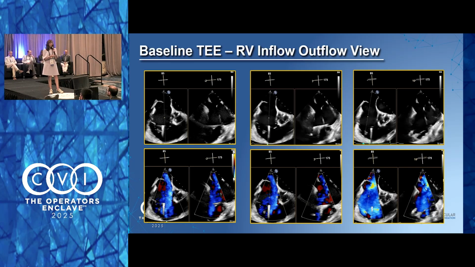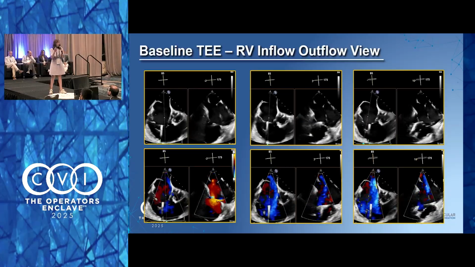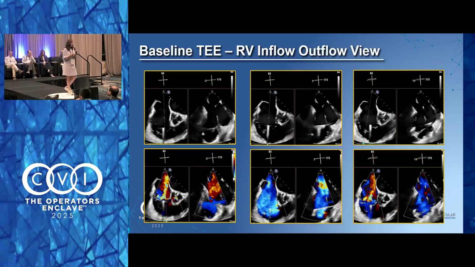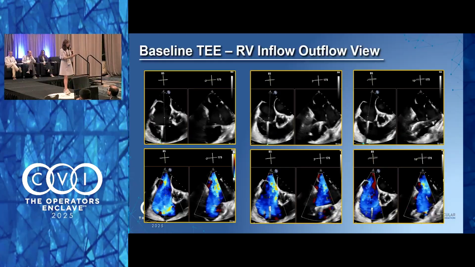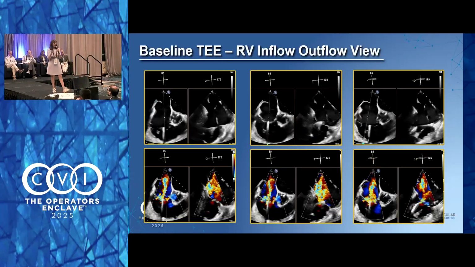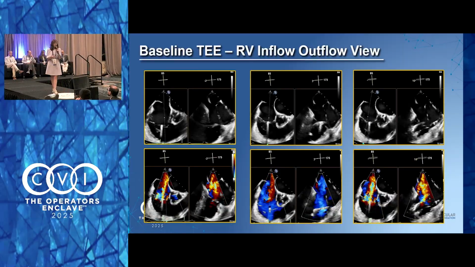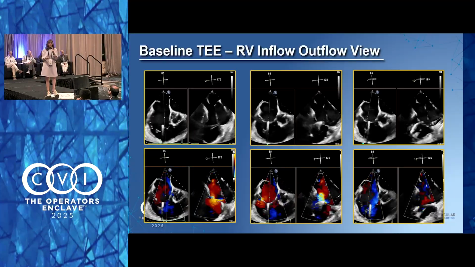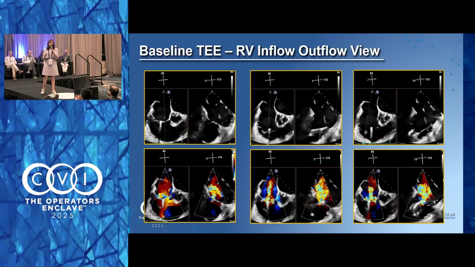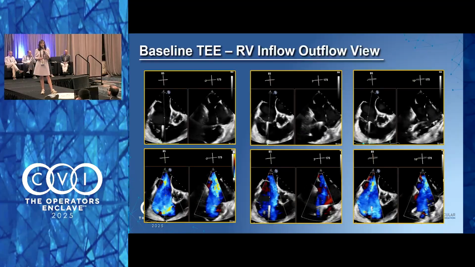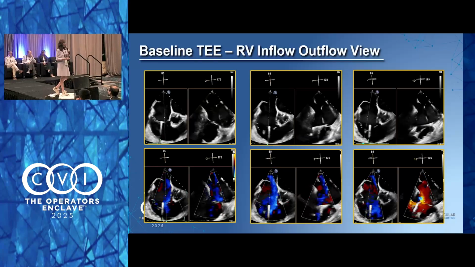And here is our baseline TE imaging. You can see here our basic RV inflow-outflow view during our interrogation. For any TR cases, you can see moving from the anterior to the posterior, color and no color. You see that RV lead across the tricuspid valve, and you can see the lead certainly, right in the center. It is very mobile, there's a lot of slack of it, and you see the TR all around it. So really from a triclip perspective in terms of T-tier, can be challenging, but certainly doable in terms of the